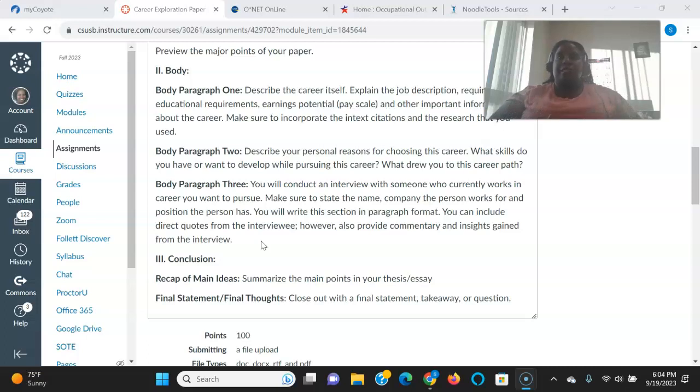You can ask questions such as: What do you do? How do you like the position? How did you get started in the position? What advice would you give someone pursuing this career? But you can also tailor these questions to your experience and what you want to do. And of course, in addition to just writing what the other person says, you can give commentary and insights about what you gained from the